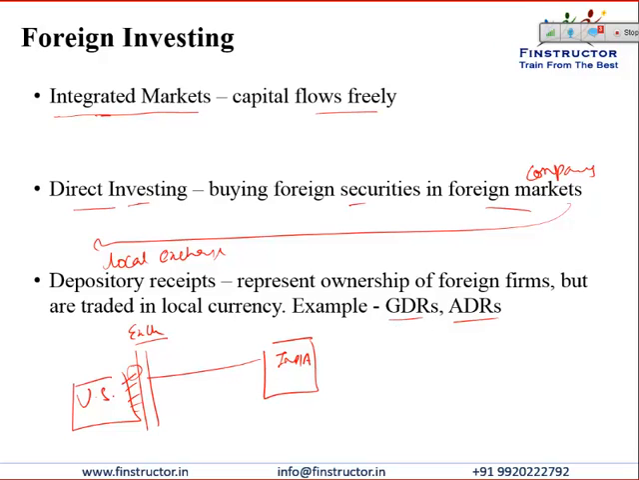GDRs refer to Global Depository Receipts. So this is when companies are listed in other countries except the US. So if a Mexico-based company or a Morocco-based company lists in the US, then that will be referred to as an American Depository Receipt. If that company lists